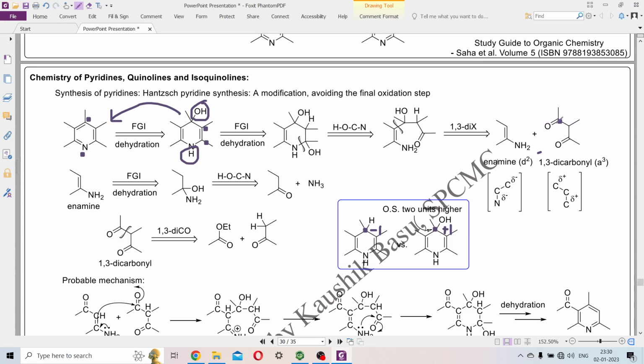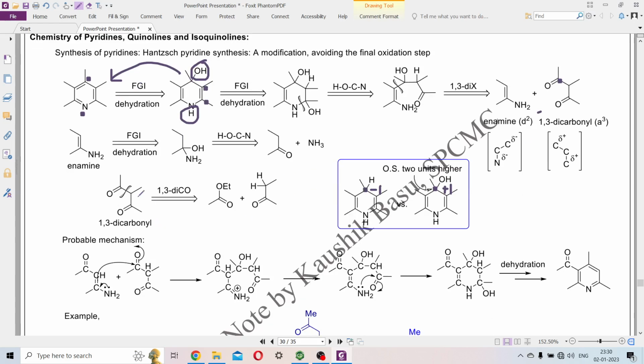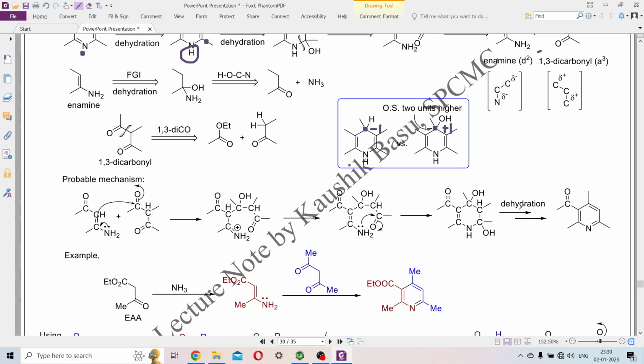It will be a 1,3-dicarbonyl, which is again an A3 synthon. So for 1,3-dicarbonyl synthesis, we know that we can go for the Claisen reaction, and again the probable mechanism may be something like where an enamine is reacting with one of the two possible carbonyl compounds, giving rise to a 1,5-difunctionalized compound, which is cyclized,